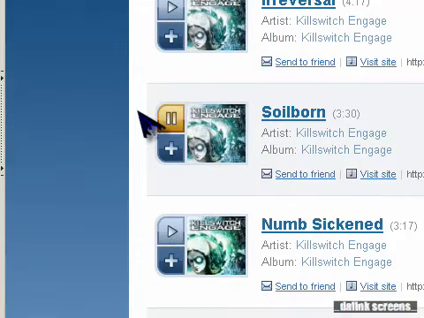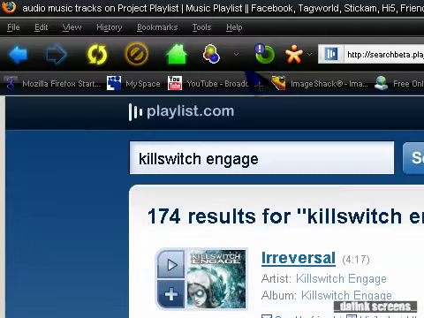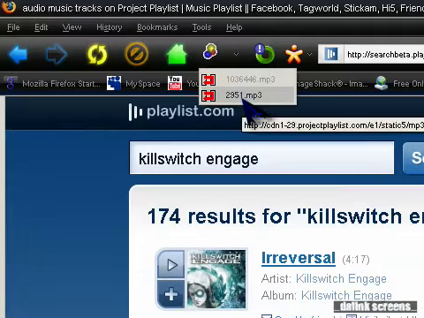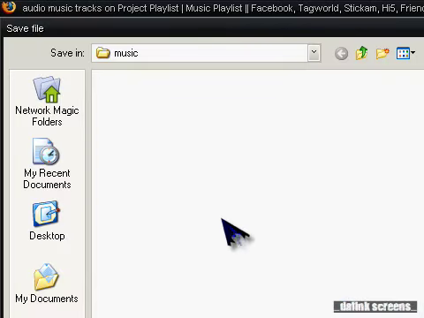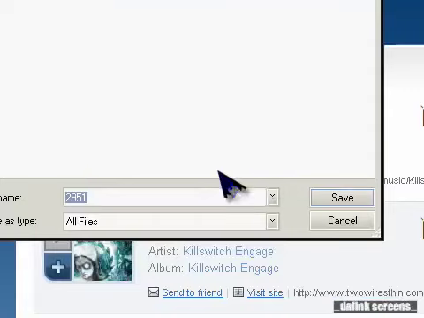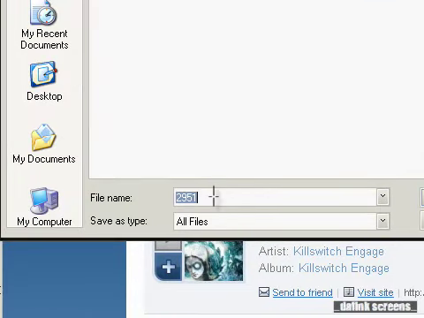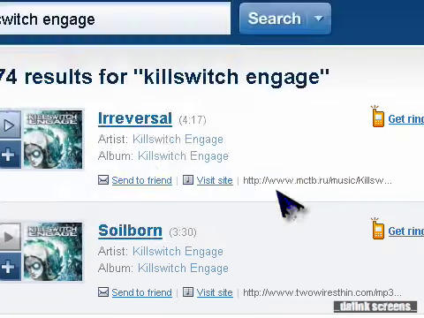So let's say, okay, I like that song. Let's go ahead and get it. Go ahead and click on it. It'll bring up this little save file menu. I did try this a few minutes ago. If you try to rename the download file, it won't download. I don't know why. That's just me. You can go ahead and try it out. But leaving it there and then renaming it later is probably the best way to go. So go ahead and click on save,